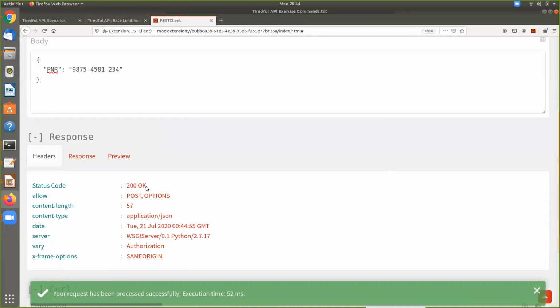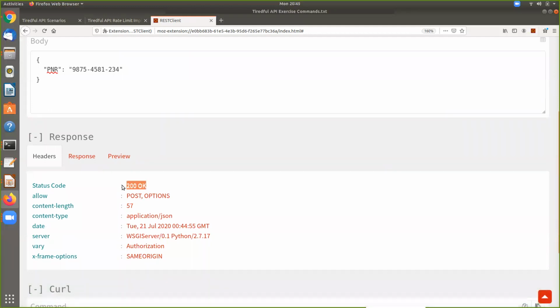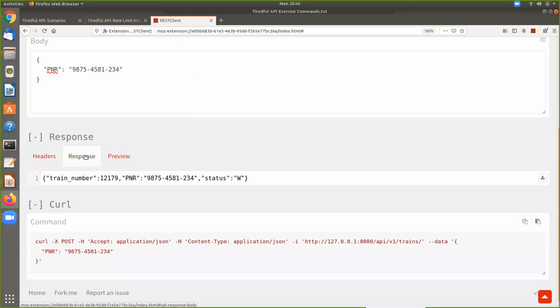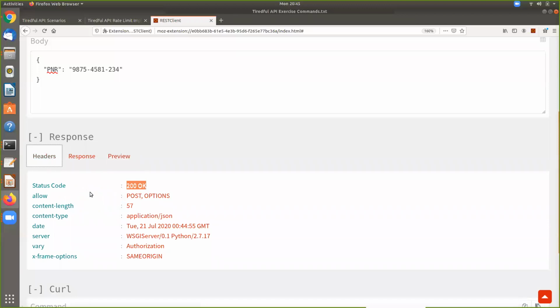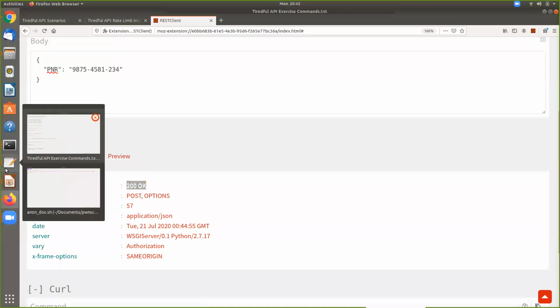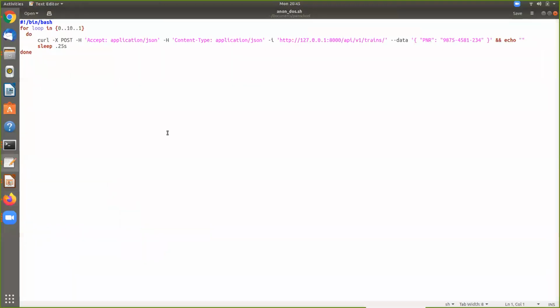So I'm still getting a 200 response as far as the reply code from the server, our status code HTTP 200. So that's good. We look at the response. It's giving us this PNR number and details about the train number and so forth. So it's working as it should. And before I launch, I actually wrote a real small bash script.